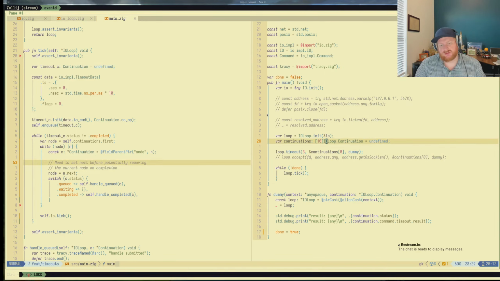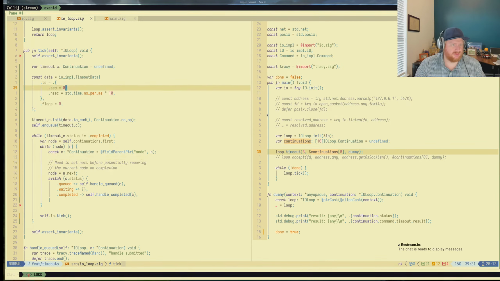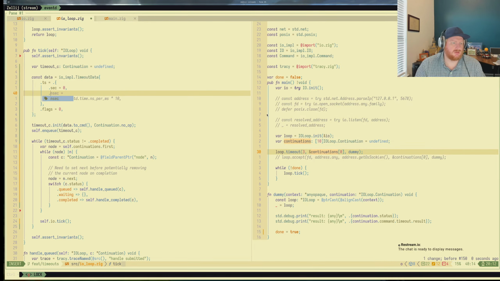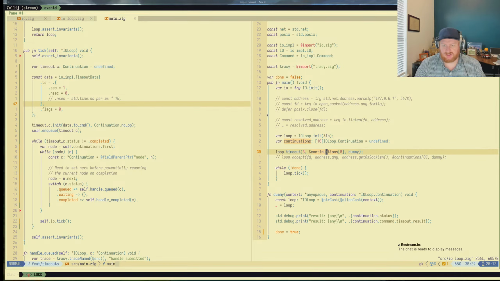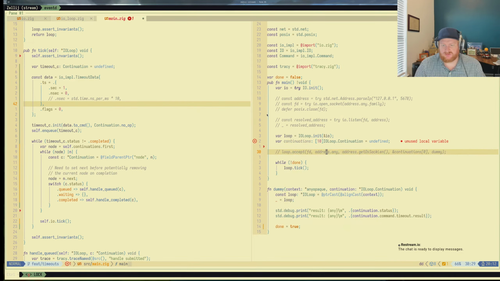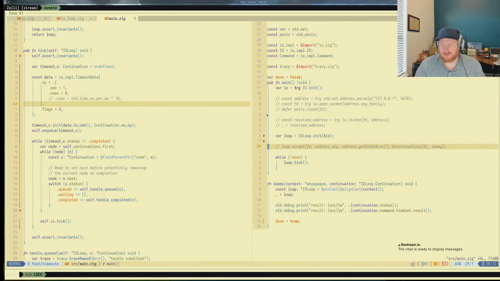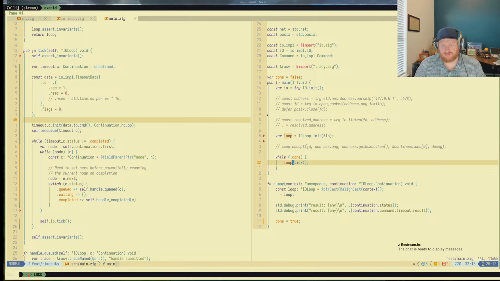let's see what's the best way to do this. Let's set this to something larger for a second. Basically I want to just set this to 1 still, just so it's easier to see in action. We don't need that. And I think that's all we need. So basically while not done, this is going to do a loop.tick. And I'm going to